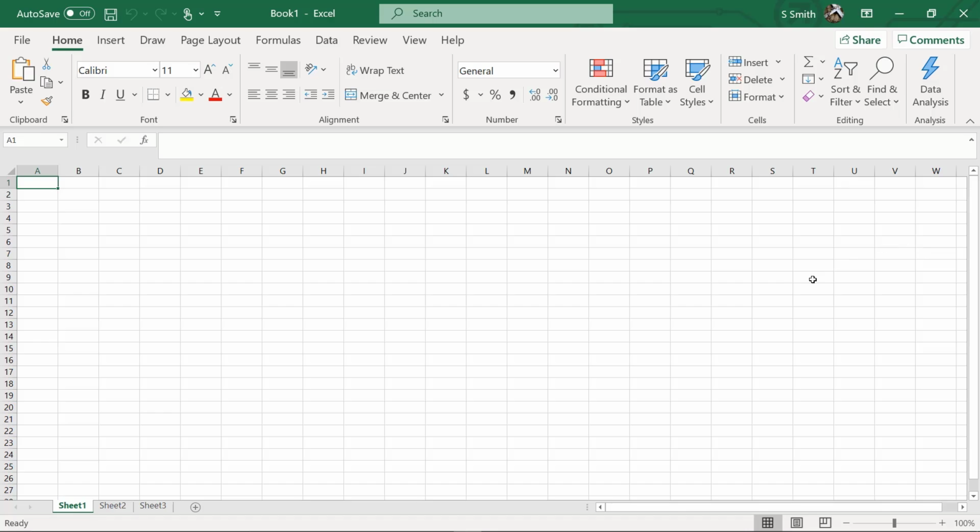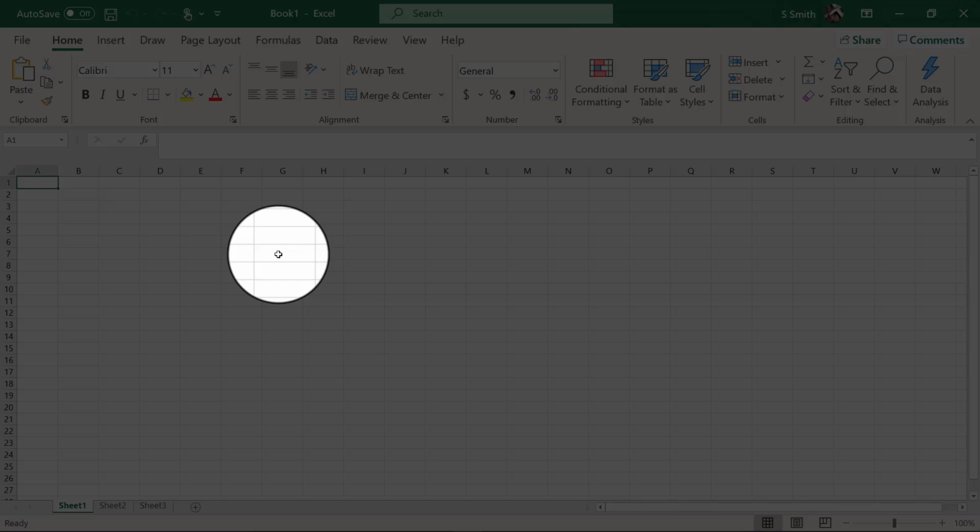One more thing I would like to show you is sometimes the mouse changes. The default of the mouse is a white filled in cross. However, if I click on a cell, the mouse will change. If I go to the top left corner, it will change to arrows in all places. This allows you to move a cell. We will cover that later.